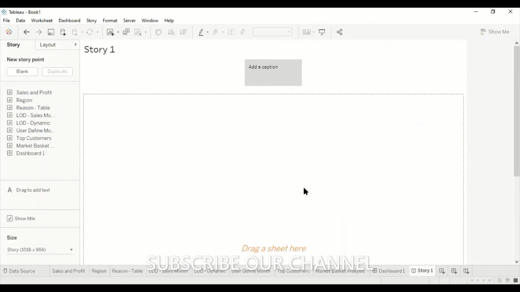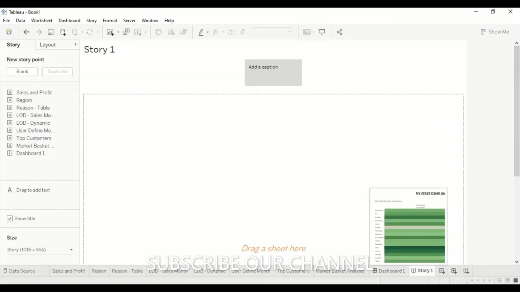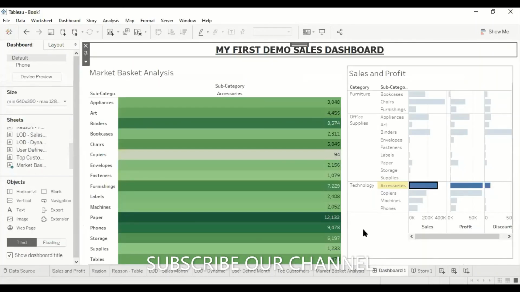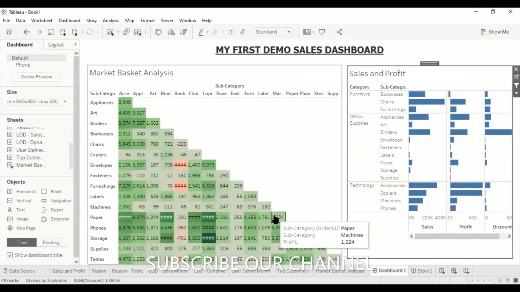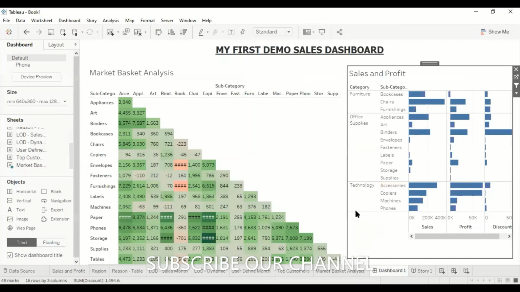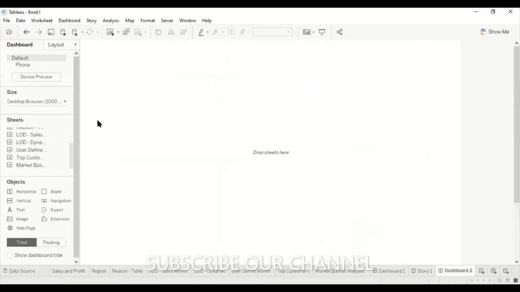I think it's better. Let's try to create one more dashboard here, so that I can create the story. Let us say this is my first dashboard, and I'll create one more dashboard here. Click on this, hit on this, say level of details.